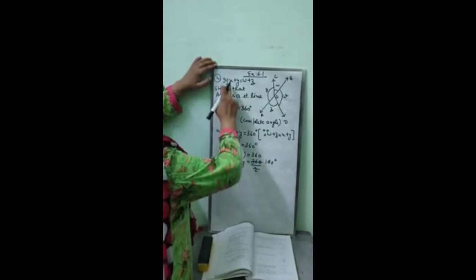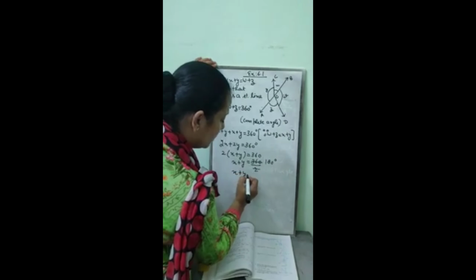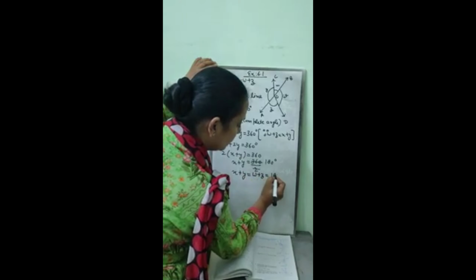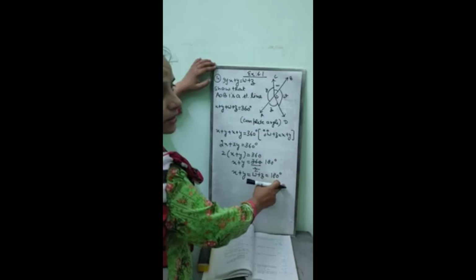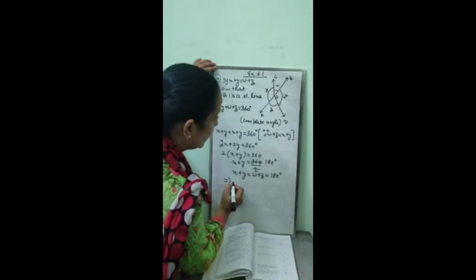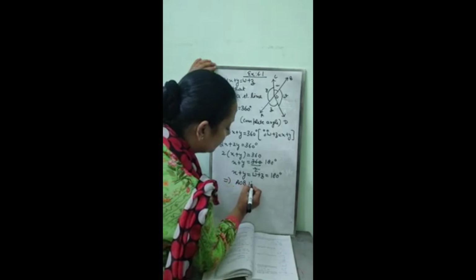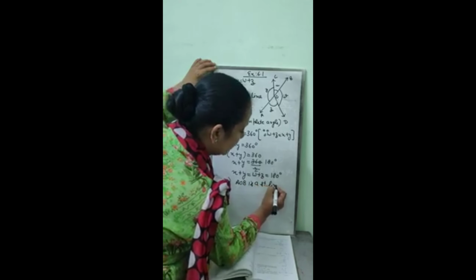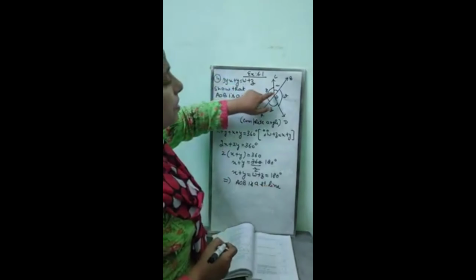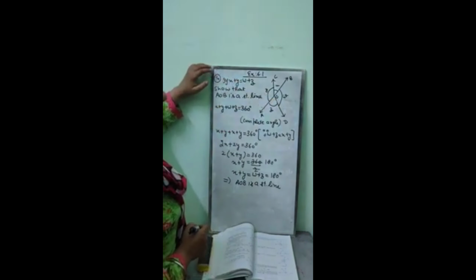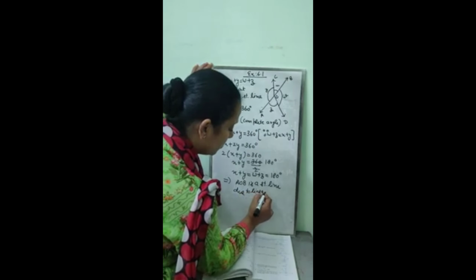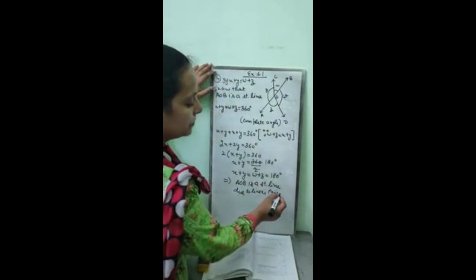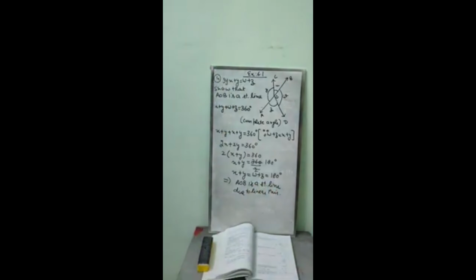x plus y is 360 by 2, that is 180. If x plus y is 180, and x plus y is equal to w plus z, it will also be 180. See, linear pair from both sides has got 180 degrees. So, if a line is having a linear pair, it means that line AOB is a straight line. Clear? If the sum of linear pair is 180, it means AOB is a straight line due to linear pair. Clear? Give a 1 minute review to this sum thoroughly.